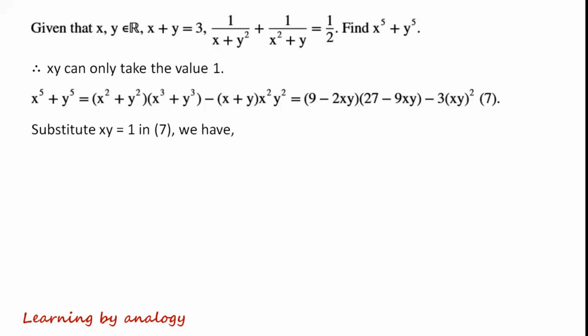Substitute xy equals 1 in equation 7. We then have x to the power of 5 plus y to the power of 5 equals (9 minus 2) times (27 minus 9) minus 3, equals